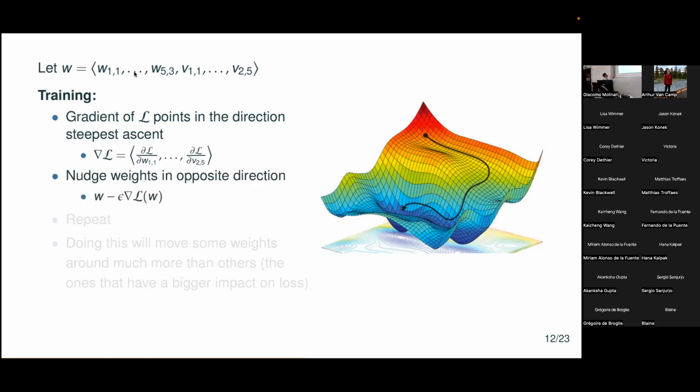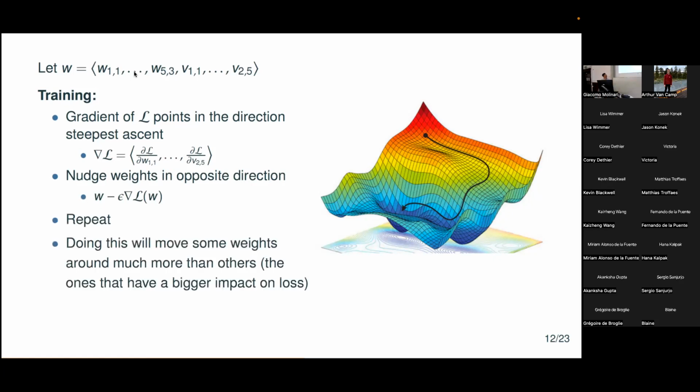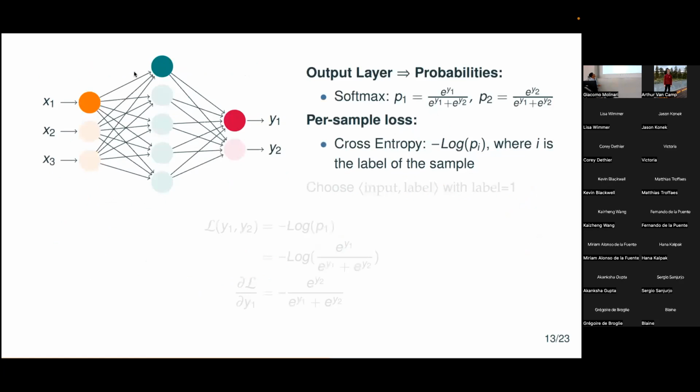And so we're going to adjust those weights by looking at the gradient, nudging them some epsilon in the direction of the gradient, and we're going to repeat that over and over again. Doing this will improve some of the weights more than others. Intuitively, the weights that are most important for determining the loss will get nudged around more than others. And determining this gradient is not so hard to do, because most of this is